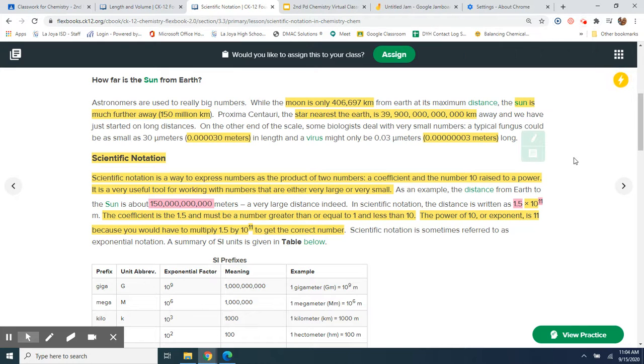Okay, so where were we, students? If you look, we were talking about the fungus. Now viruses, on the other hand, are 0.000003 meters long. Now scientific notation makes expressing these very large and very small numbers so much easier using the power of 10. Okay, and we're going to talk about the sun example first. So if you have 150 billion meters and you're trying to put it into scientific notation,